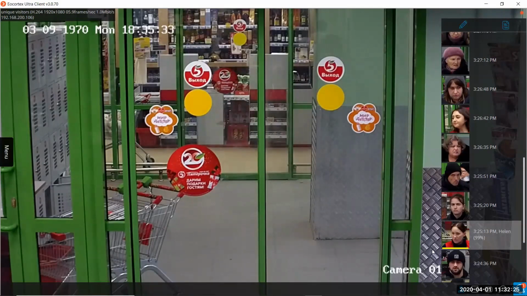I configured the group color as yellow, so we can see it. And also you can see here the percentage.